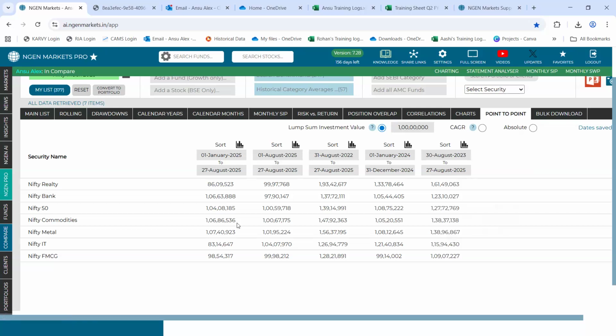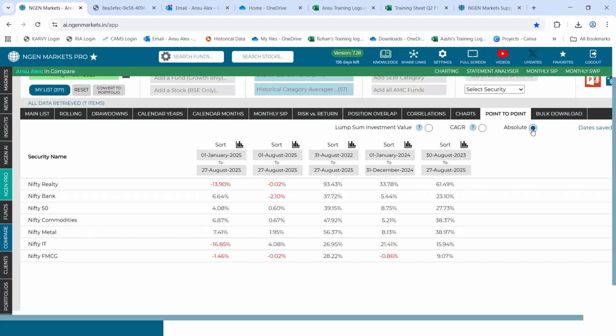Now, this data you can view either in amount form or in percentage format. We have provided two options for the same, CAGR or absolute. You can select absolute when the time under consideration is less than a year. For example, for this YTD or MTD data that we have set, for viewing the absolute return, you can select this absolute toggle as an option.